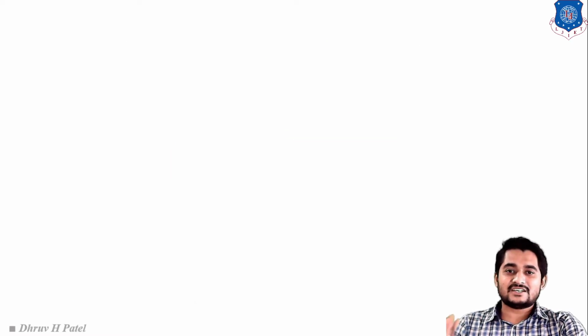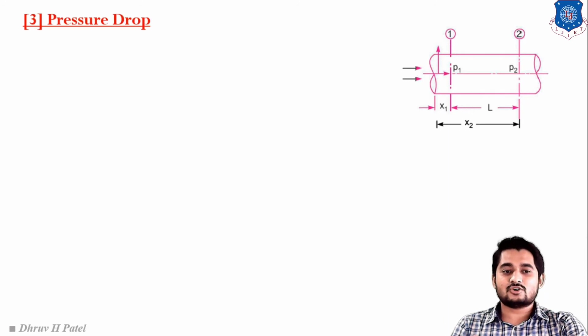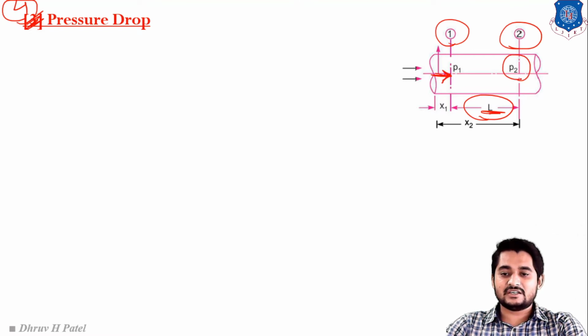Clear students? So let us move on to the last and final segment of the Hagen-Poiseuille equation, pressure drop in the pipes, right? So fourth segment, here you have to take correction. This is number 4. So the fourth segment will be pressure drop. This is our original pipe with the length L. We have to take analysis from point 1 to 2 for the L length. For the L length, pressure is P1 here and here pressure is P2. From the starting, this distance is x1 and this distance will be x2.